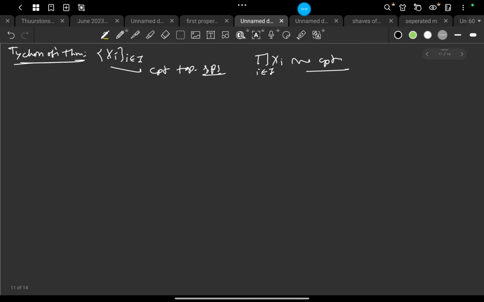It is quite easy to prove. We will just prove it via something called the finite intersection property.